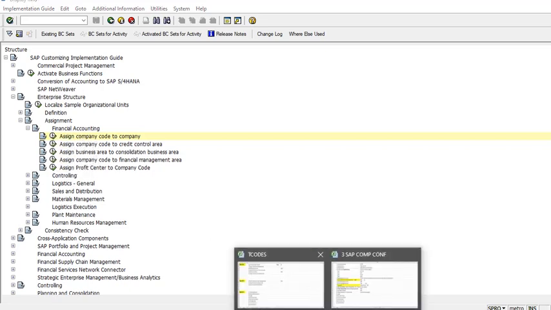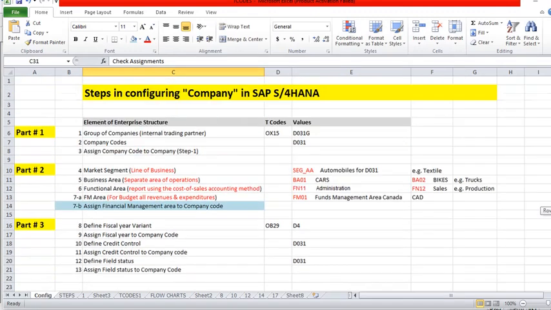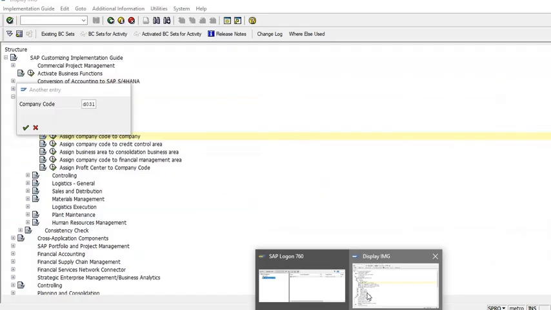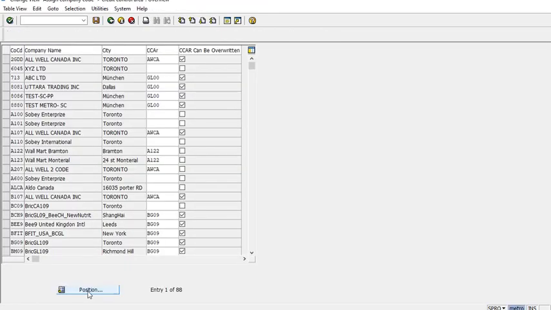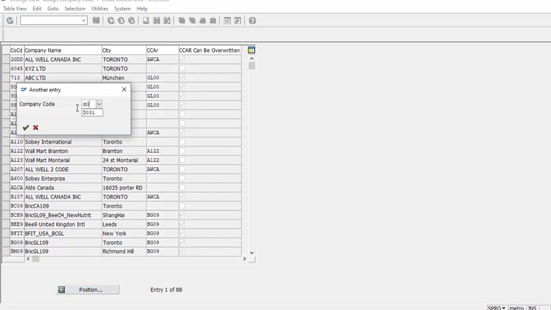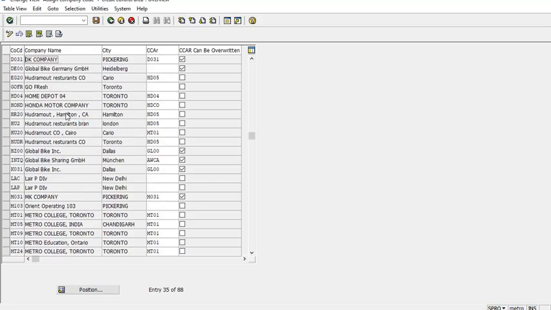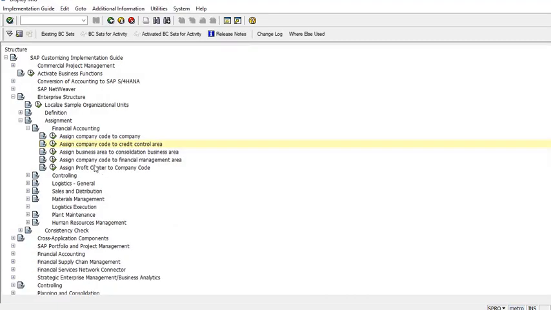If you check D031 value, so this is the group. So this we have to check, and let's see what the other things are. Then credit control we have to check. We are not doing anything, just making sure that it is done or not. So the credit control is also done. That's fine. Then